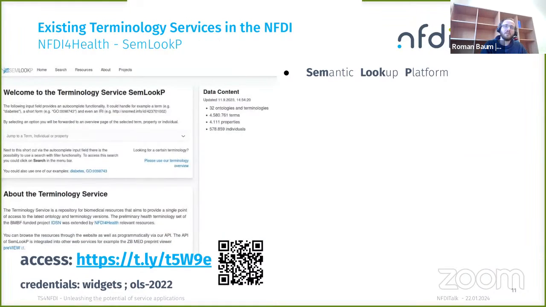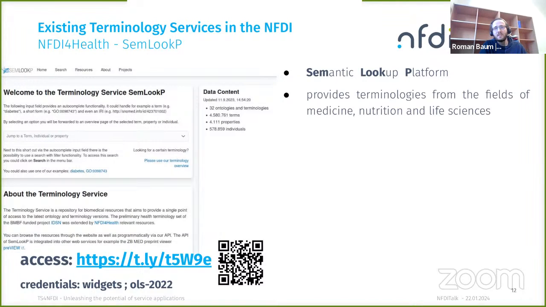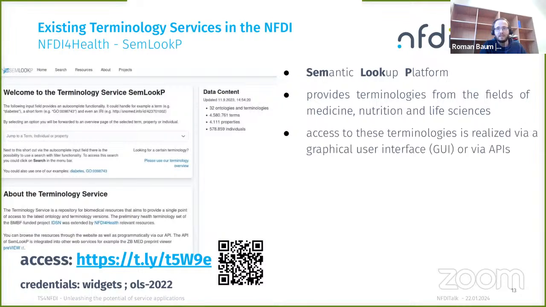Next to that, we deployed at ZB MED a service which is also based on OLS, which is called SemLoP, or long-form, Semantic Lookup Platform. And what we provide here are terminologies from another field. In this case, it's the field of medicine, nutrition, and life sciences. We also have access to these terminologies. There's a possibility to use an API, but we also use this API